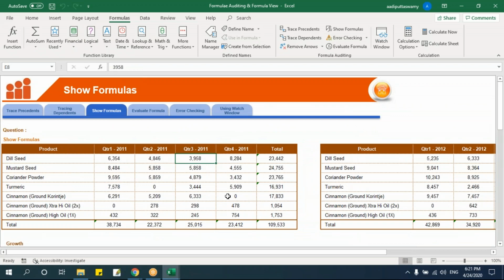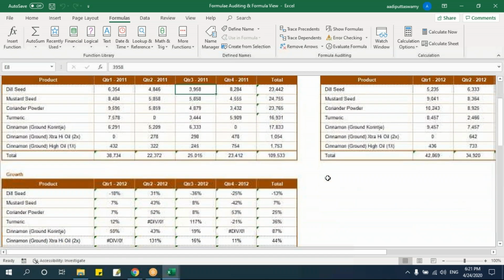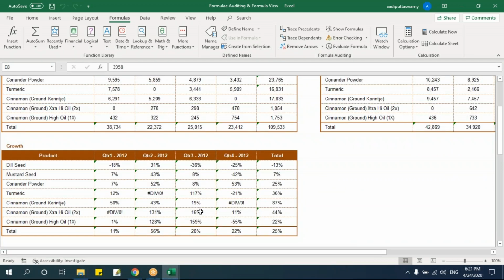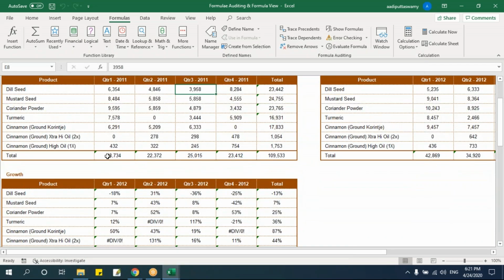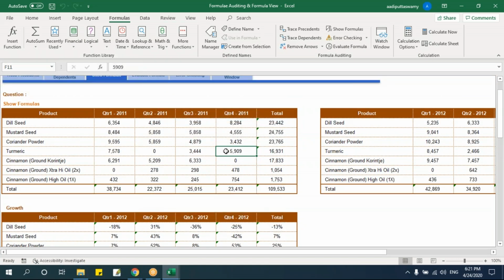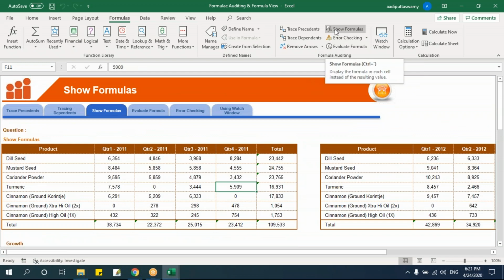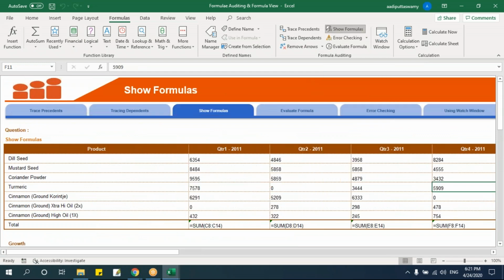Let's go to the next one, show formulas. This is a very nice option. I'll tell you what it is. If you're a person checking a template, very new, someone has developed a template and now you want to check where all formulas are available, you'll not know where all the formulas are there. You have to go and check manually. Otherwise, I can just go to this option, say show formulas, and if you click on this,